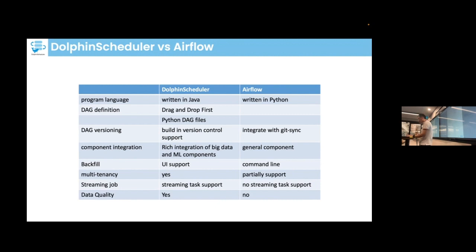Okay, after you define this task, you can define the dependency, and then let's go back to the definition here. Then you can activate or bring this workflow online, and after you bring it online, you can manually trigger it, or you can define the schedule for this workflow. Here we just manually trigger this